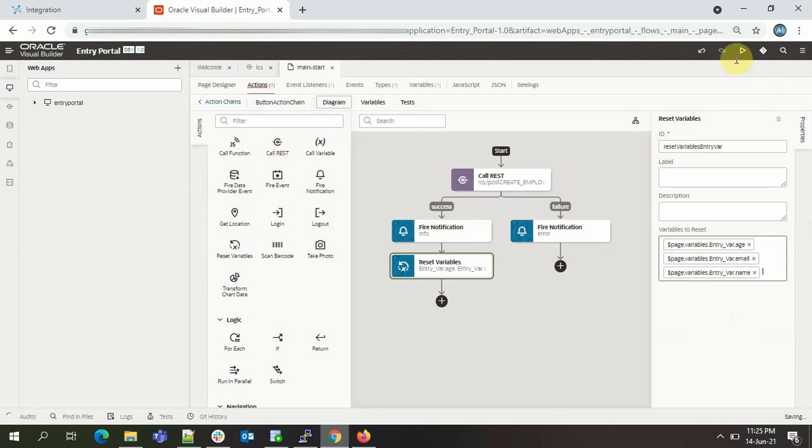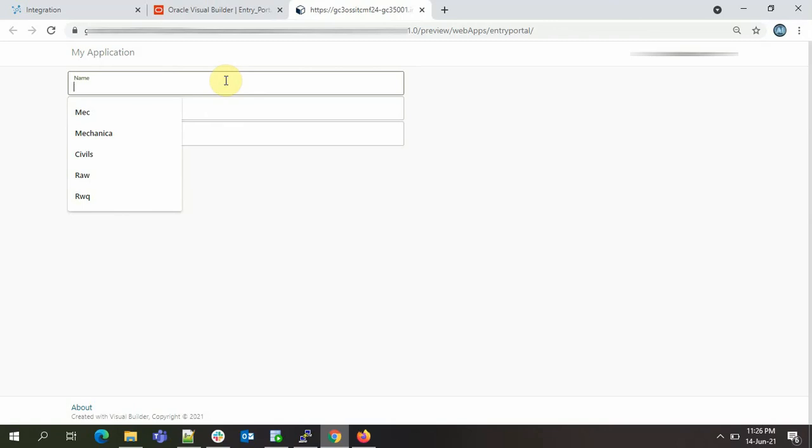So now we'll try to run this page. I'll give the name as Raj Mehta, email ID raj.mehta@gmail.com, age I'll give 45, and I'll click on the submit button.